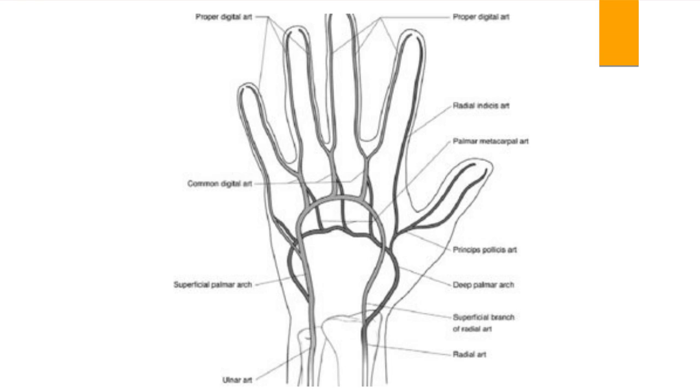So here we have our ulnar artery, like we said, traveling towards our pinky, and our radial artery traveling towards our thumb. I'm going to give the ulnar artery the color pink. So here we have our ulnar artery, and we have this branch that is going to